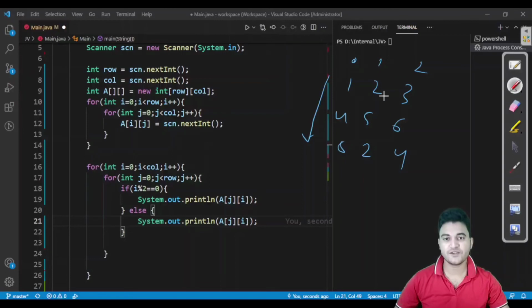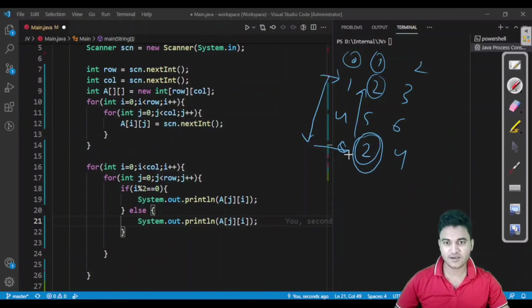So for this, what we have to do is, we do not have to take the row of this. We have to start from here. So the column is same. Column is going to be same. Initially column was 0, column was 1, column was 2, but the row is changing. Like for this row was starting from here, but for this row would start from here and go till here. So the row value would be the max value for this array, which is a row.